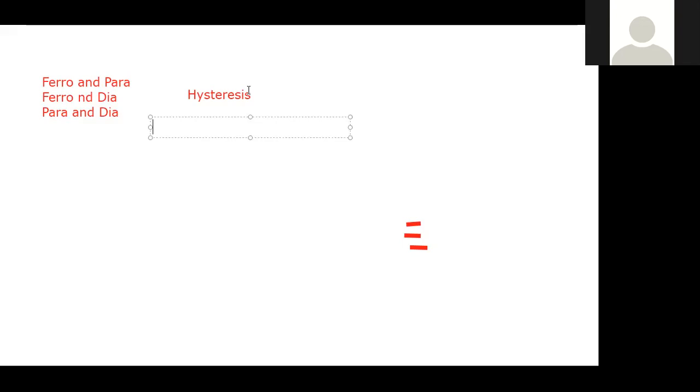Now, if the magnetic field is now reduced linearly, the plot relationship will follow a different curve. And so when it is increasing, it will follow an upward curve. Now, when it is decreasing, it will follow a different curve, and we are going to talk about that. And that relationship between the magnetic strength and the magnetic flux density is normally what we call the loop. And I'm going to draw it, and I'm going to teach you how it is done. And that loop, we call it the hysteresis loop, magnetic properties. And I'm going to explain everything, so that anywhere you see a hysteresis curve, you should be able to understand how it works.